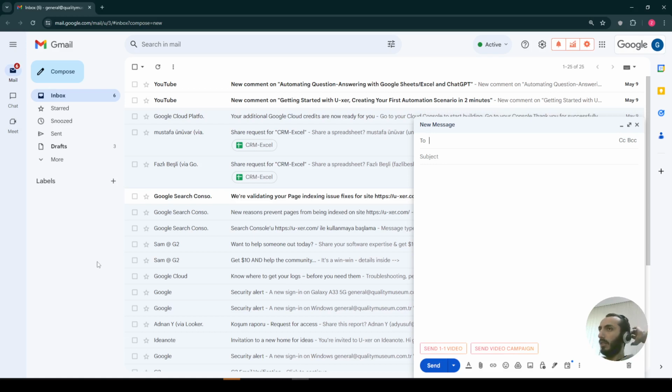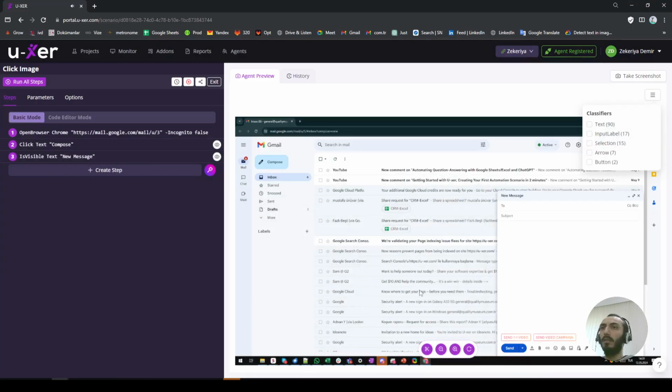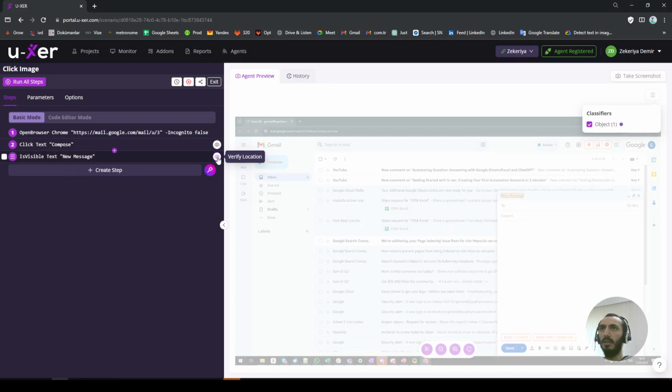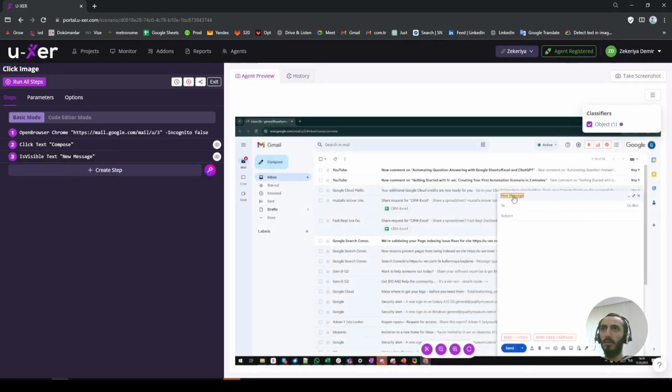It will take a screenshot. And then I'm coming back here. Right now I can also click this verify location button and it will show where it's supposed to click on that screen. Also when I click this, it also shows where it's supposed to click. And now what we want to do is click this